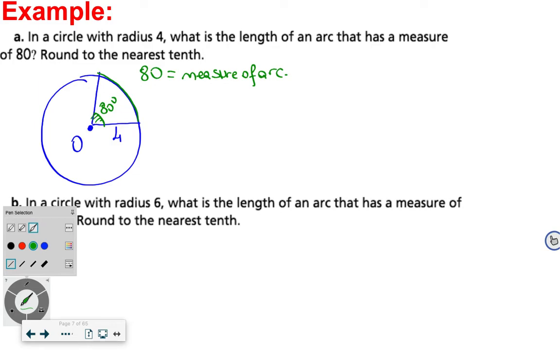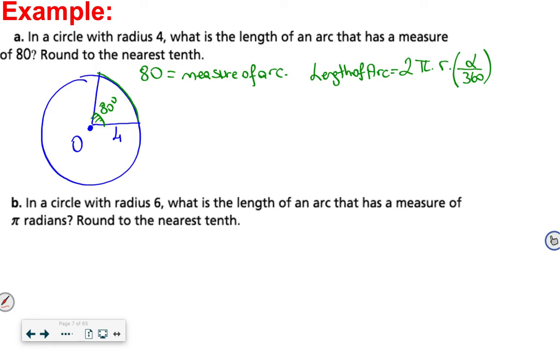Find the length of the arc. Length of arc. What was the formula? Remember, 2 times pi times r times alpha over 360. If I substitute all the given information, you get 2 times pi times what is r, radius 4, times what is the measure of the arc. The measure of the arc is 80 over 360. When you calculate this, 8 pi times 80 over 360, which is equal to